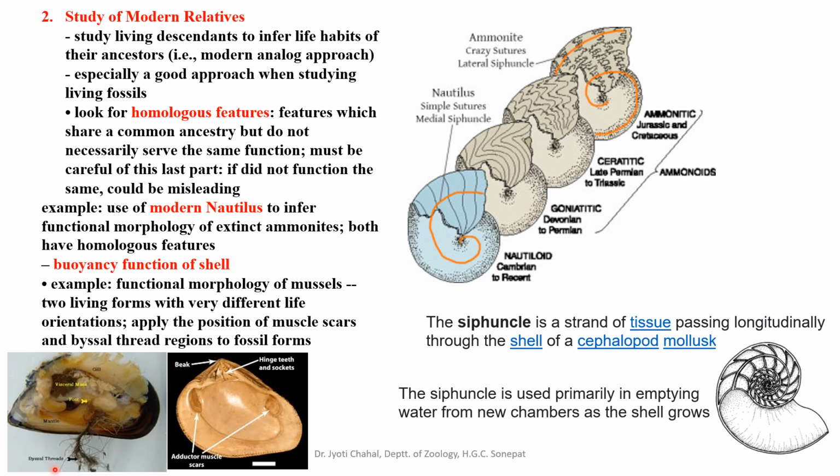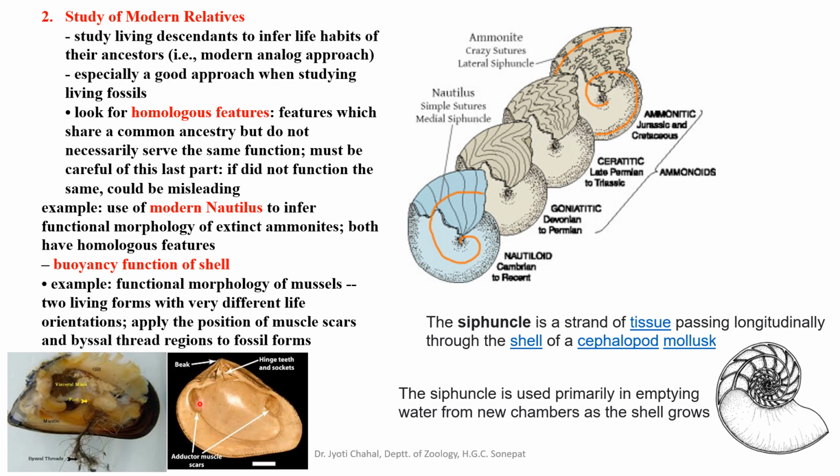So what is a basal thread? You can see here these root-like structures. These are basal threads with the help of which these bivalves can attach firmly to a substratum. And what are these muscle scars? Muscle scars, you can see these structures, these bean-like structures. These are scars from where the adductor muscles have been attached.